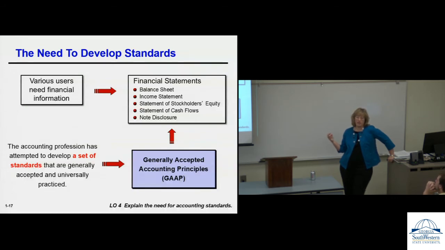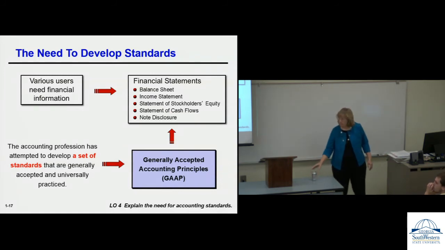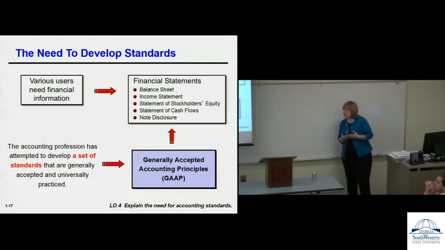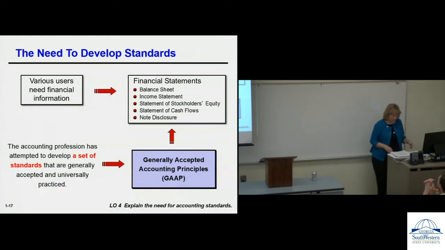What does it tell us in addition to that? In addition to the fact that we can get GAAP from standards, we can also get GAAP from what? Well, no, that's not what I'm referring to. It's in the middle of page 7